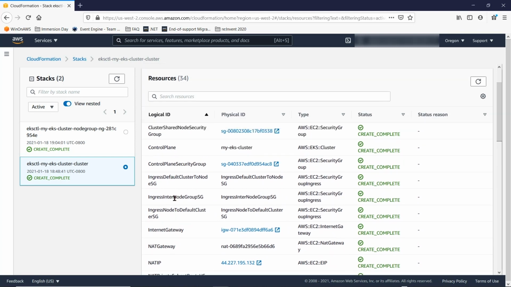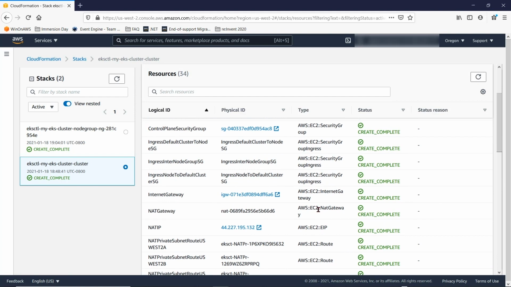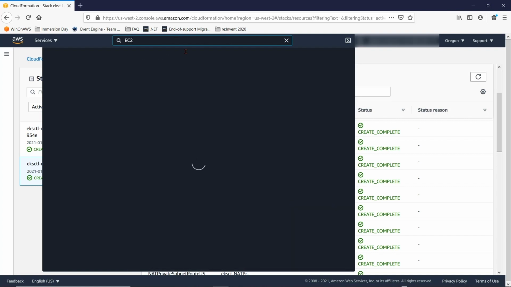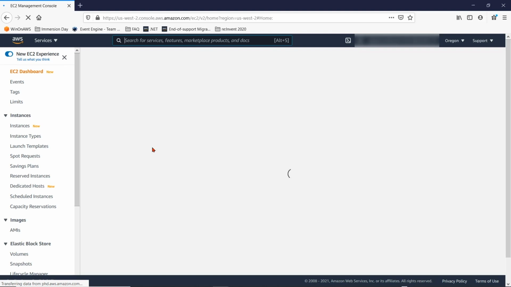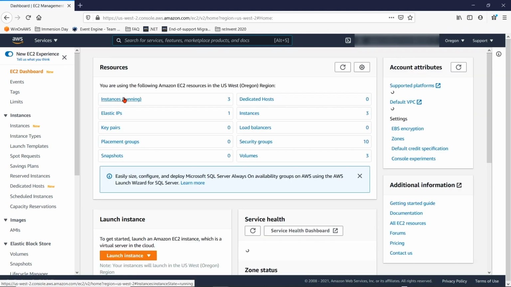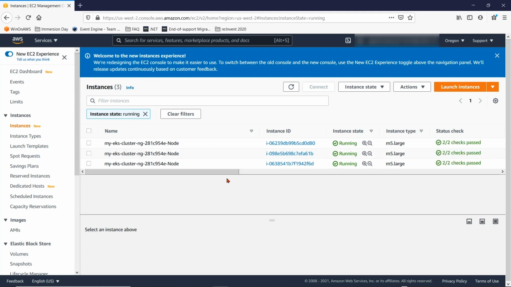Also, if you scroll up, it has configured a NAT gateway as well as an internet gateway. Now let's go to EC2. You can see it has created 3 nodes as we had requested.